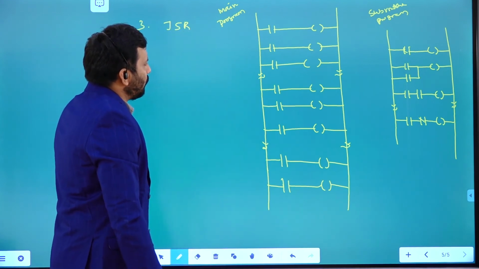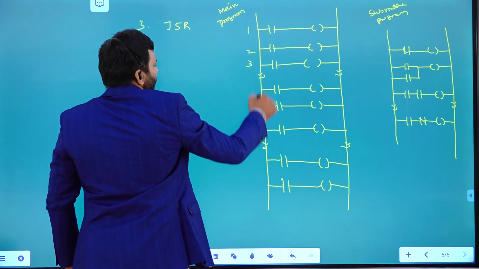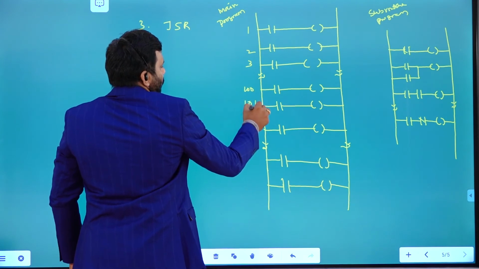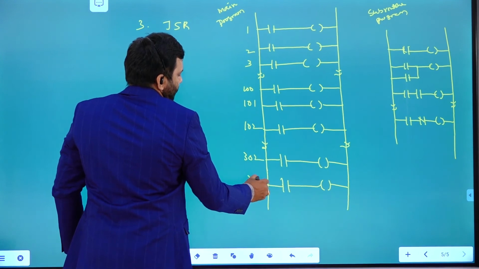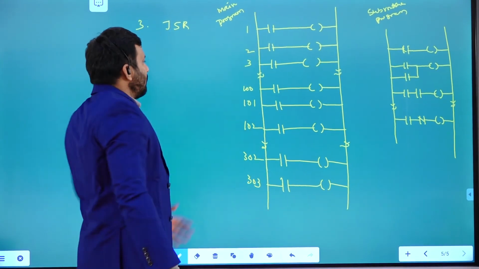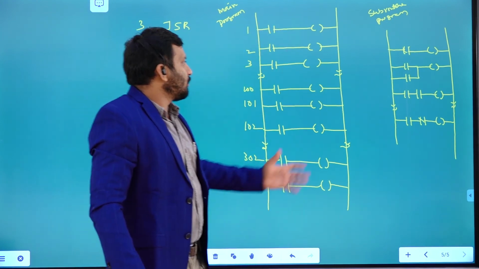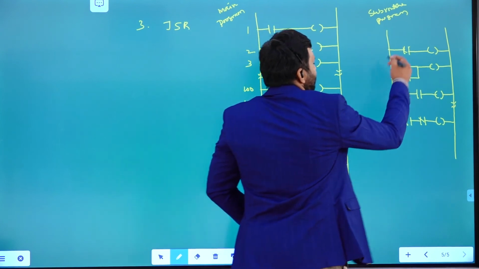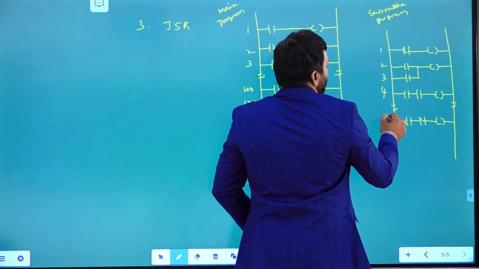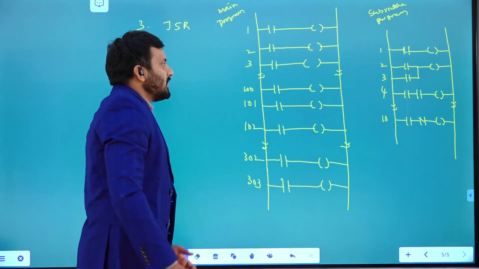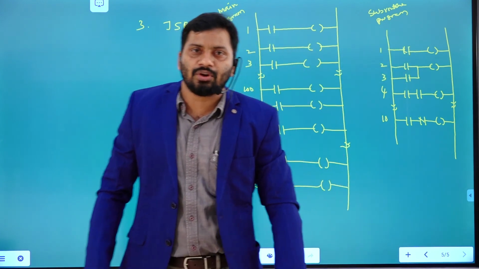All right, so normally this is the way. It may be first rung, second rung, third rung, like that maybe 100 rungs, and this one is under rung 2, so it may go through 302, 303 rungs, right? So these are the rungs. Based on the inputs, this is going to operate the outputs, right? This is the subroutine program. This also has some number of rungs: first, second, third, fourth, maybe this one is the 10th rung. It also has some inputs, and based on the inputs, these outputs are going to be activated, right?